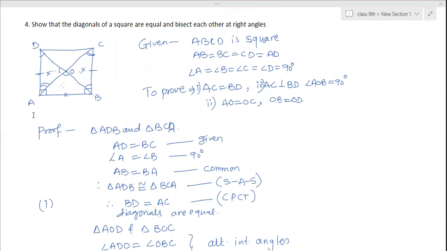Ma'am, now we have triangles test after class. Yes. So we will not have any construction. No. Okay. There will be congruency only, congruency of triangles, that's it. Only from NCERT. Okay, ma'am.